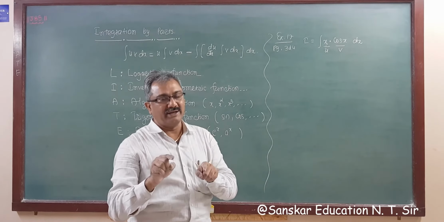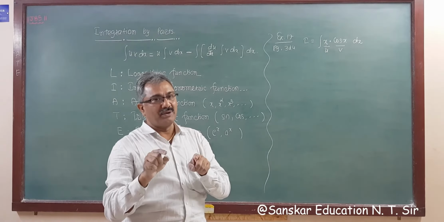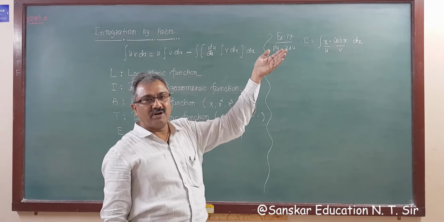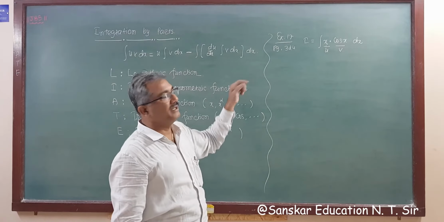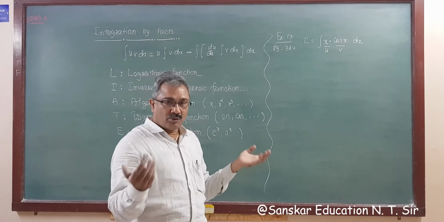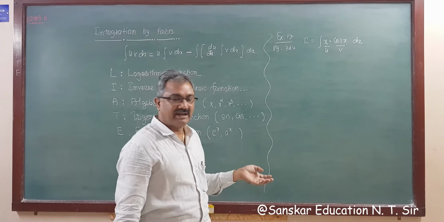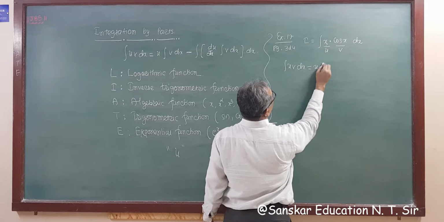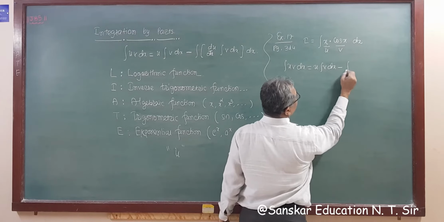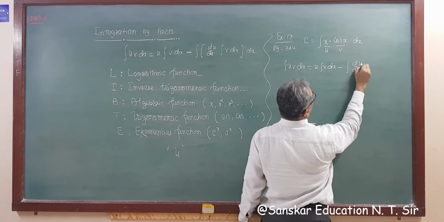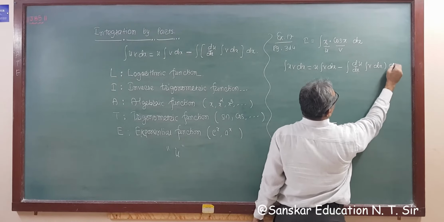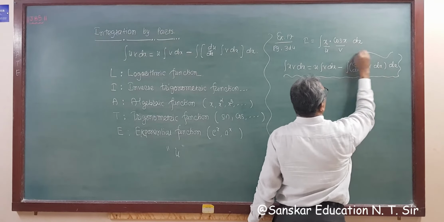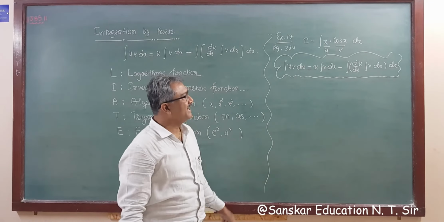Now you have to write the formula of integration by parts in each and every question if you are applying it, and also in the margin at the top of the page you have to write the integration by parts formula, so no need to write it 10 times or 100 times, right? So writing the formula: integration uv dx is equal to u integration v dx minus integration of d by dx of u, integration v dx, bracket over dx. So this is the rule for integration by parts.